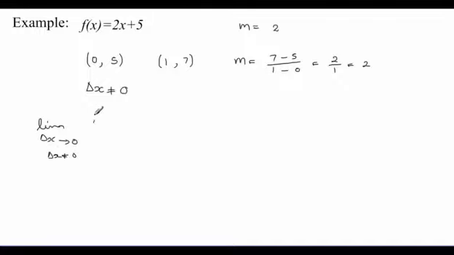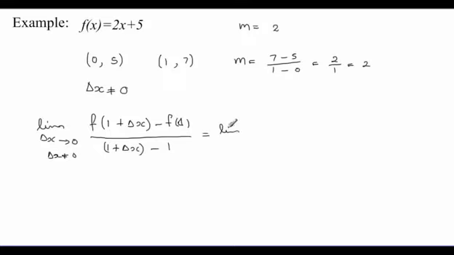That will mean that we take f. Let's do that at a point like 1, 7. So say f at 1 plus change x minus f at 1 over in this case 1 plus change x minus 1. So we see that this takes us to the limit as delta x approaches 0 of evaluating this function at